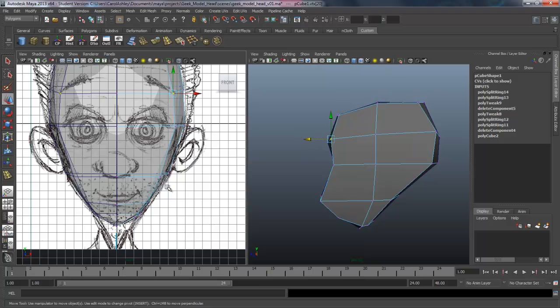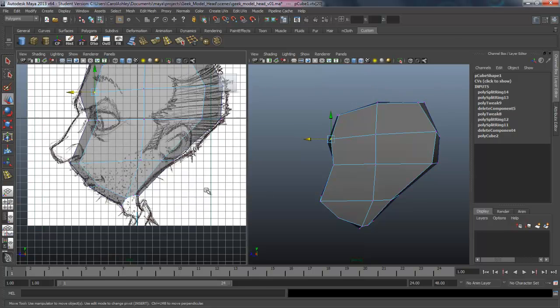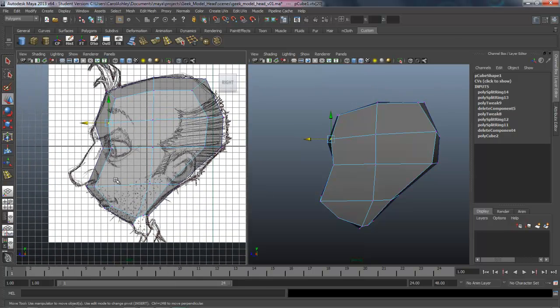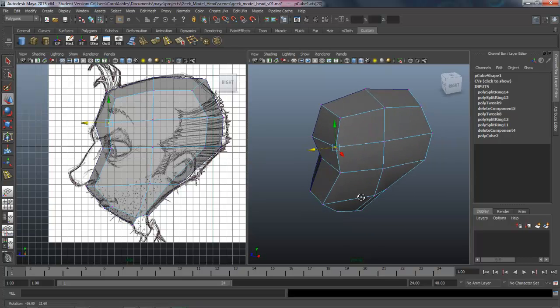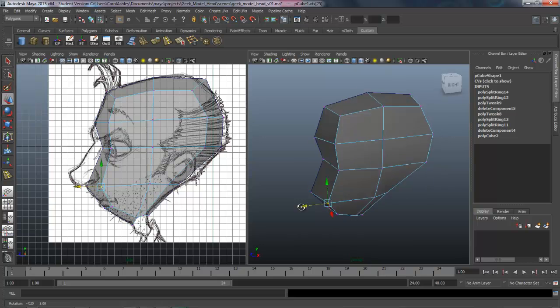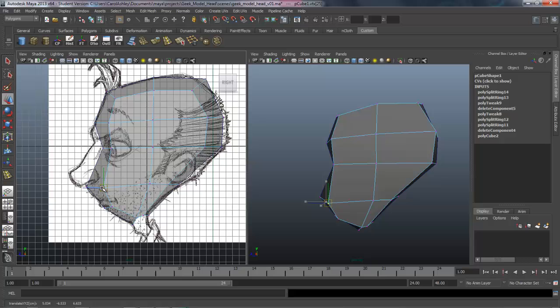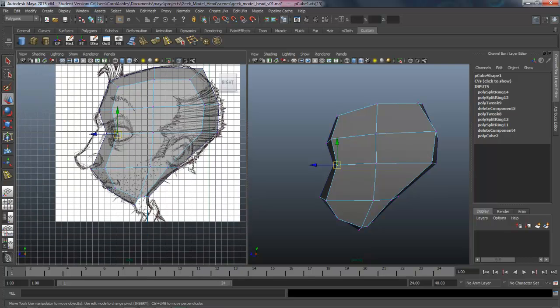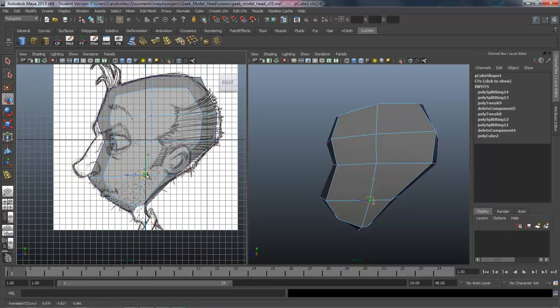If we check our side view again here, it's rounded off a little bit. And if we pull it back too far, we're going to have to kind of come back and compensate for that. Okay, so we've got a little bit of the cheek right here, starting to form where the eye socket's going to be. And let's get a couple edge loops here on the side. So I'm just going to kind of make a little bit of space here. And probably pull this up and over for right now.